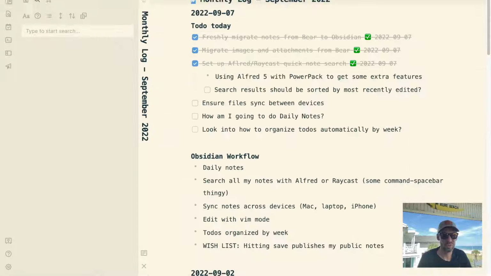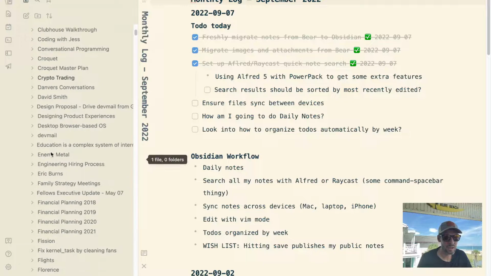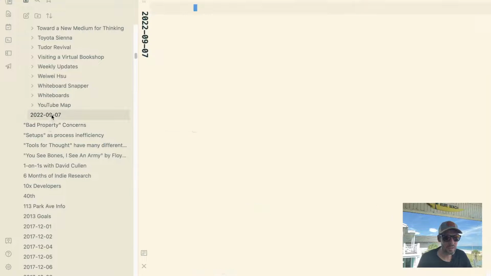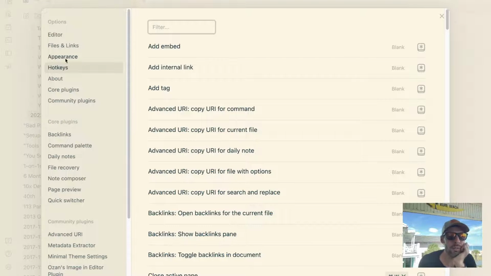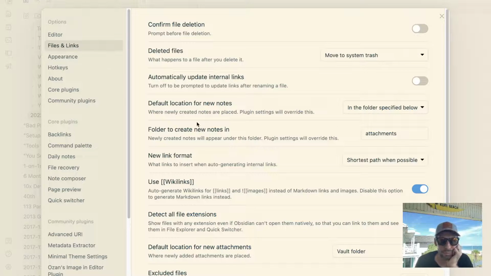Okay, so today we have, this is today's daily note, so I'm going to yank that and go over to, whoa. Did the daily note get created in the wrong spot or something? Looks like it did. Okay, let me see. I must have configured something wrong. Let's see. Files and links.